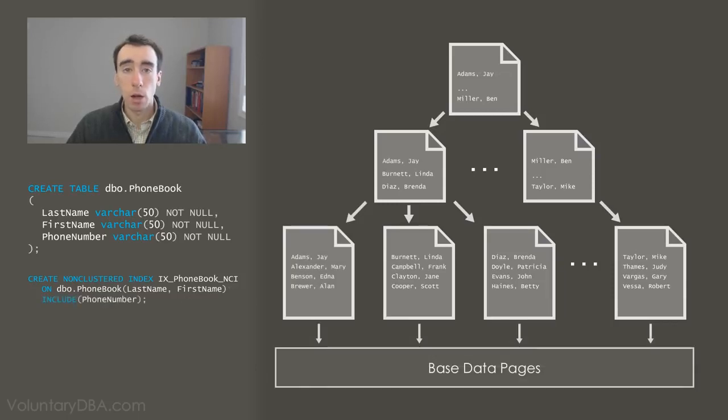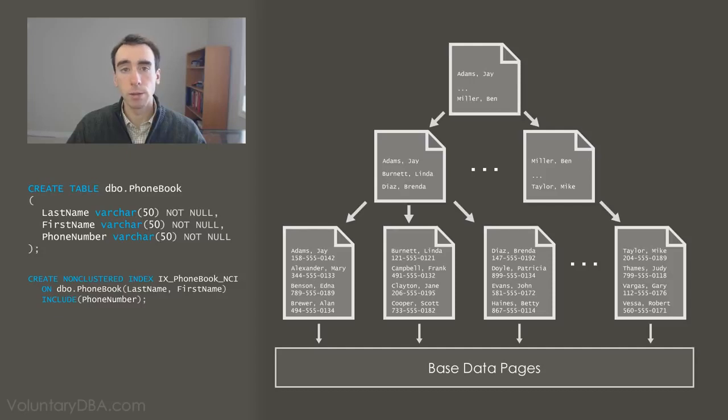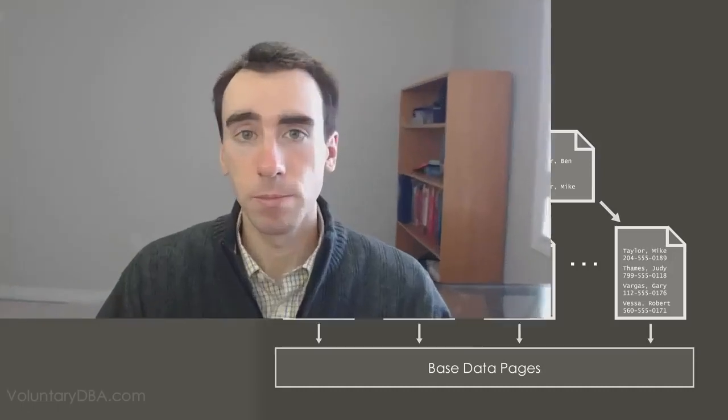Include columns add copies of non-key column values to the leaf level of the index tree. This means that queries using the non-clustered index won't have to incur the expense of navigating back to the base data to get those non-key column values. A clustered index, on the other hand, doesn't need include columns, because all the columns are available at the leaf level of the index. Those two features only scratch the surface of the options there are when creating or maintaining